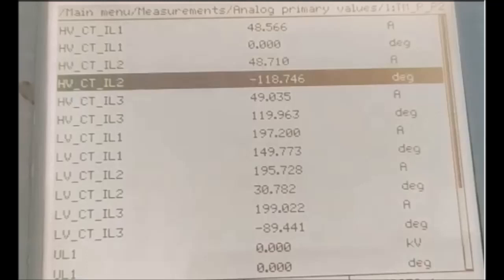Here the different currents for the HV side and LV side winding are summarized. That is, red phase, yellow phase and blue phase winding for the HV side are 48.566 at an angle of 0 degree, 48.710 at an angle of minus 118.746 degree, 49.035 at an angle of 119.963 degree respectively. And again for the LV side, red phase, yellow phase and blue phase currents are 197.2 at an